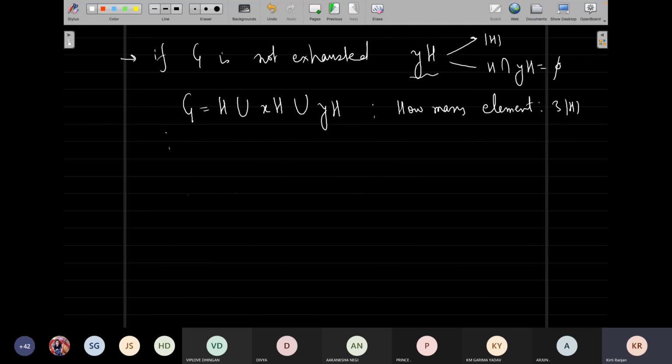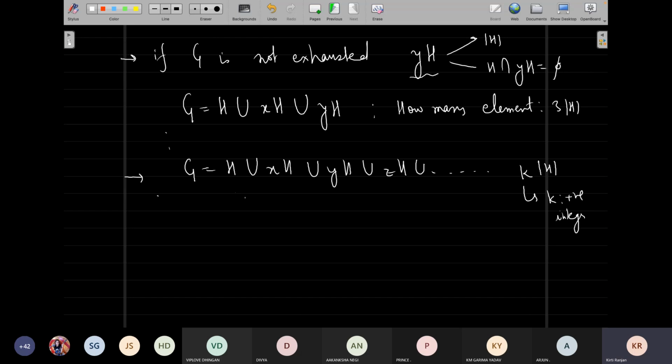But the interesting aspect is that G will always be written as XH union YH union ZH, so on and so forth, which means that every time we count the number of elements after adding one more disjoint union, it will only be an integral multiple of it. So we can write something like K times mod H, where K is a positive integer,